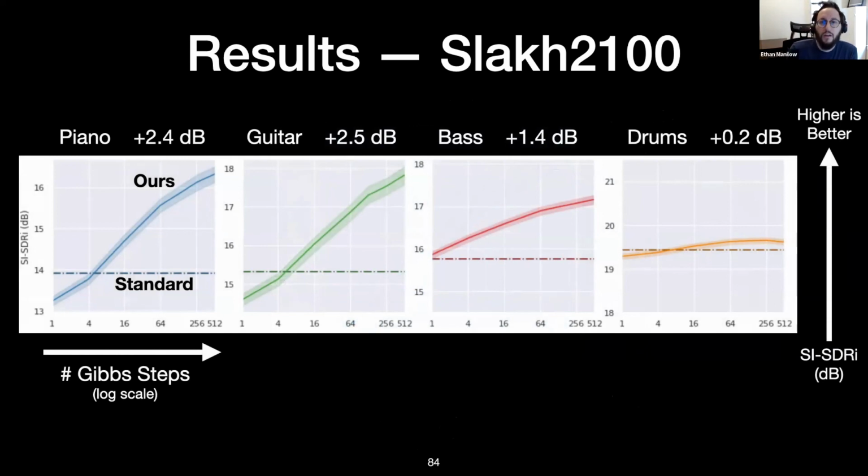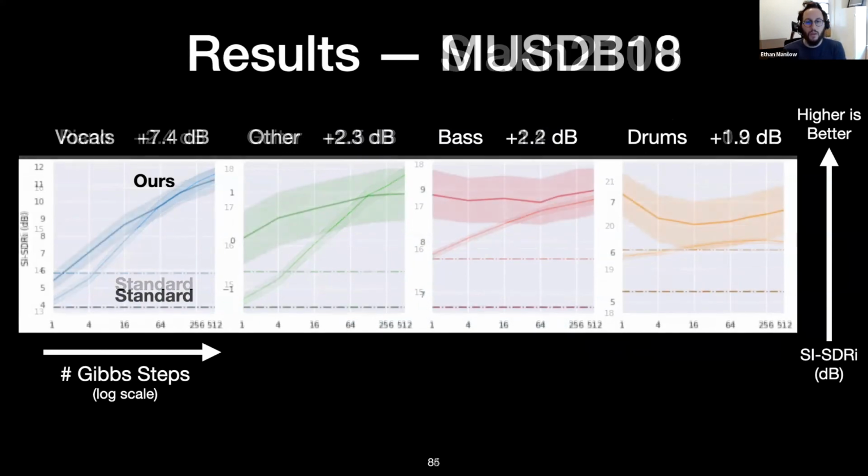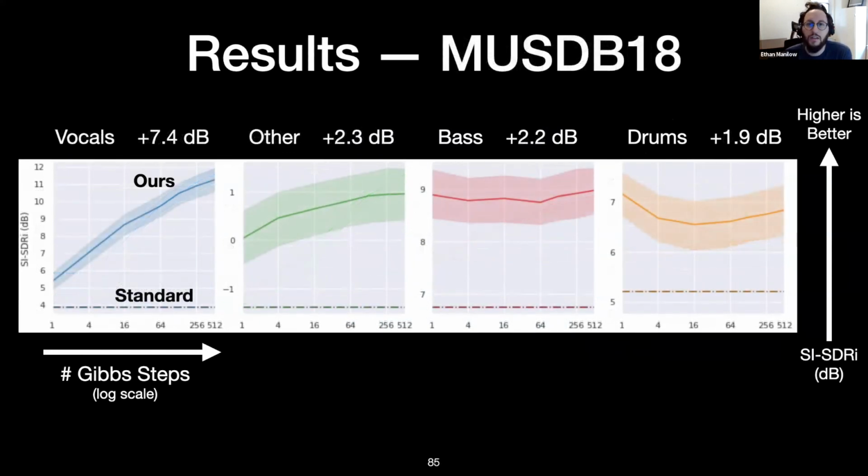We can see that in 3 of the 4 cases, more Gibbs steps monotonically produces better source estimates. The only source where it doesn't do that is the drum source, and that is hard to tell from this graph, but that is already so high that it's hard to understand how a network could be better at separating drums here. And on the MUSDB18 dataset, the performance boost is most pronounced in the vocals, which see